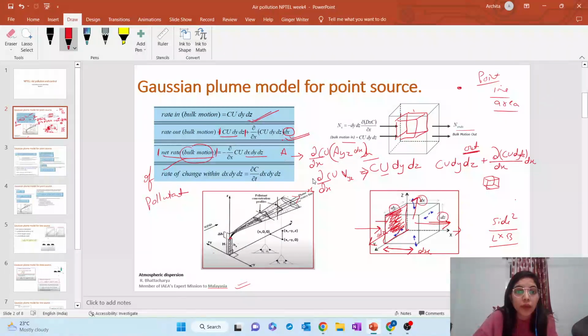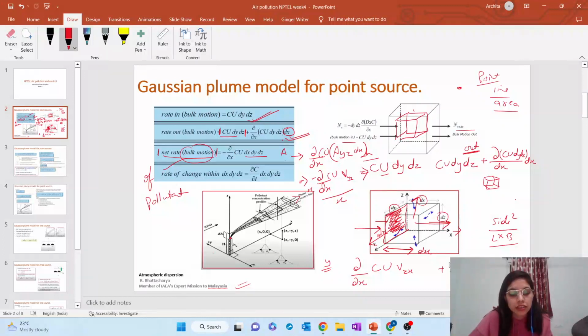Okay, and this will be for x. Now if I write for y, ideally it will be like this, and for z it will be